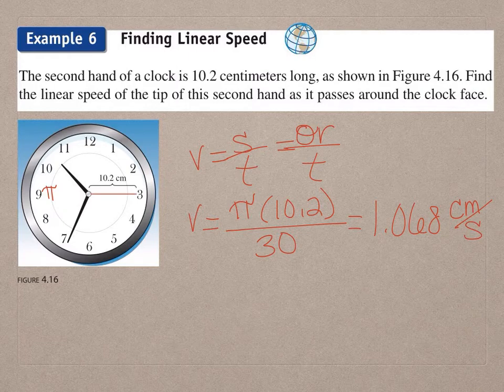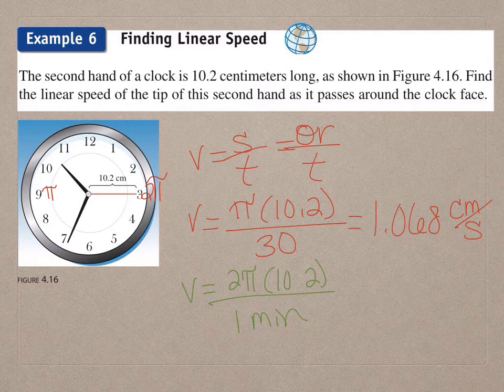Now again, we didn't have to choose pi. We could have chosen it to go all the way around, which would put us at 2 pi rotations. And if you think about your clock, how long is it going to take to go from 15 seconds back around to 15 seconds? Well, it takes 1 minute, right? So the other way we could write our linear speed is by saying, well, it went 2 pi radians. The radius is still 10.2, and this time it took 60 seconds, or it took 1 minute,